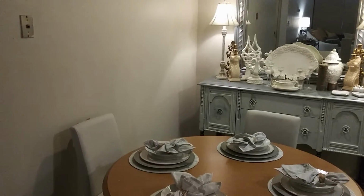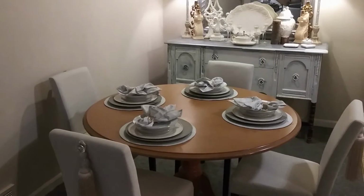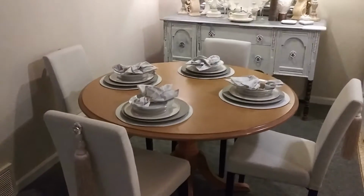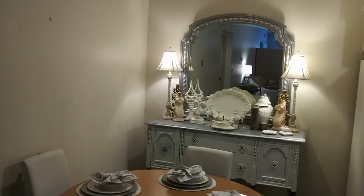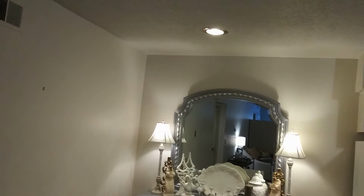Alright guys, here's the dining room, and it is a work in progress. I will take you closer over to the buffet. There's really no art on the walls, as you can see. I hate popcorn ceilings, and what